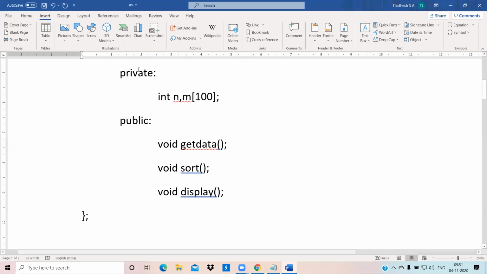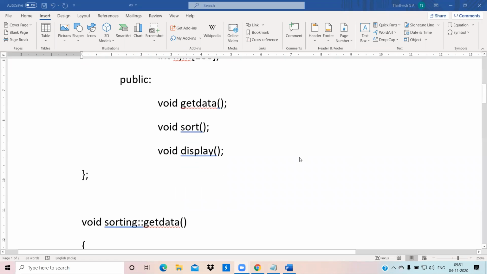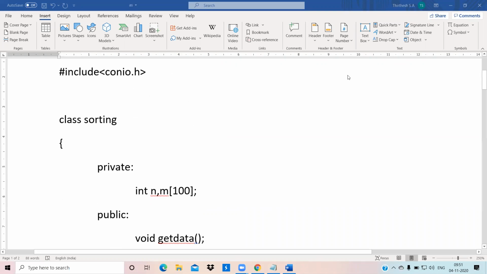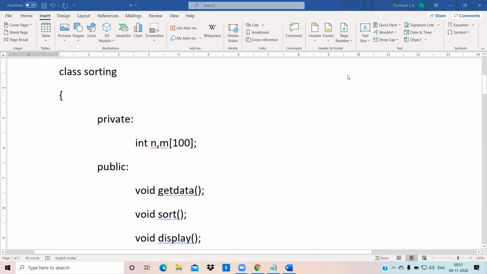For that reason we use a private access specifier, which means the members can be utilized only by those functions, or through the friend function itself.